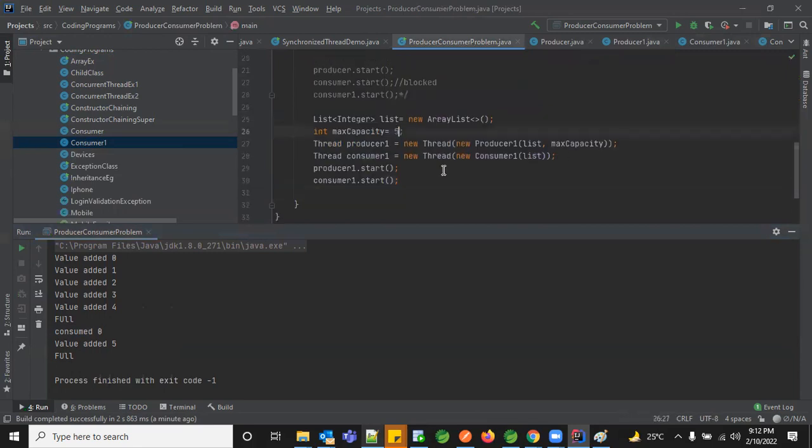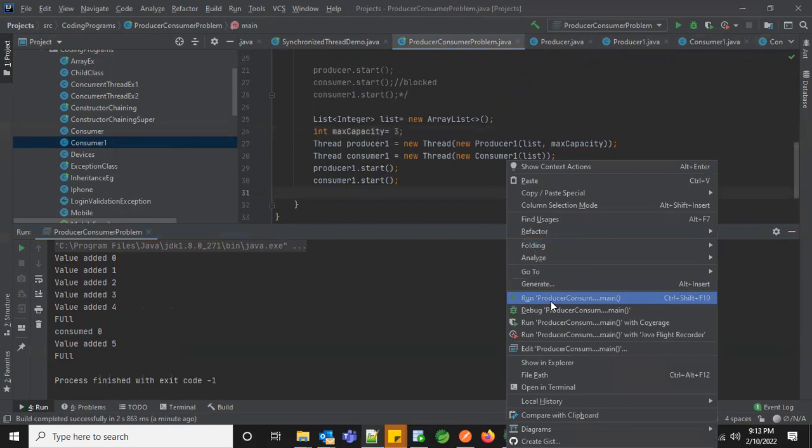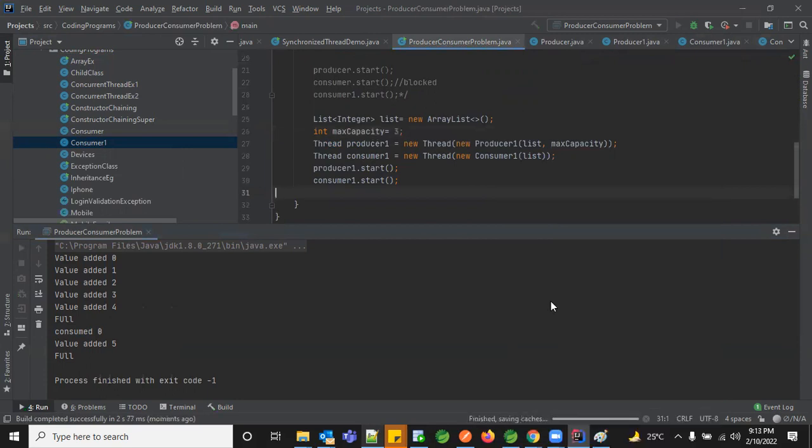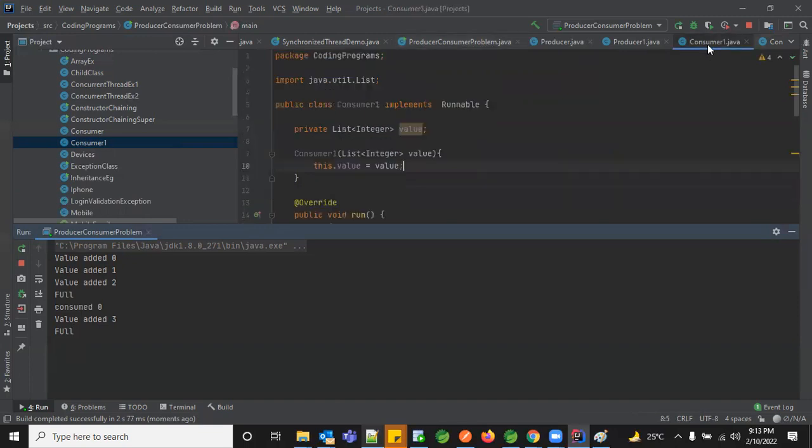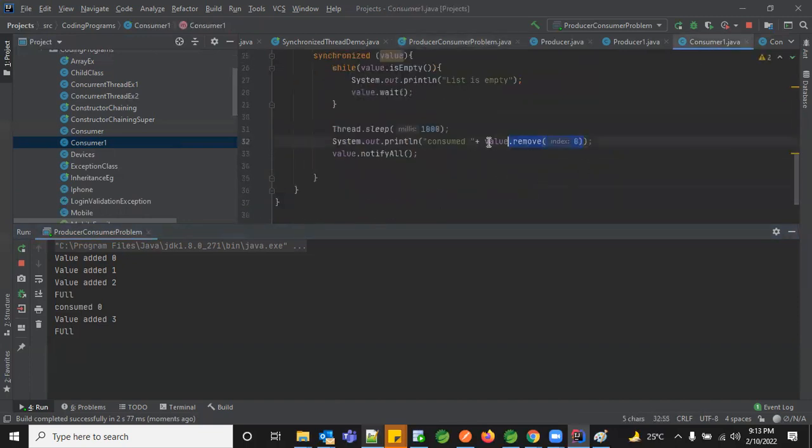So let's say now I'm giving a max of 3. You got it? Whenever you reach your maximum capacity, the consuming part is not happening. And in the consumer, I just removed the first element alone, so that is the reason you see the removed element as 0.